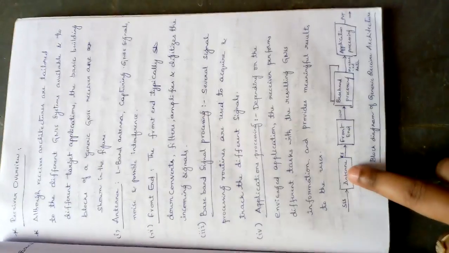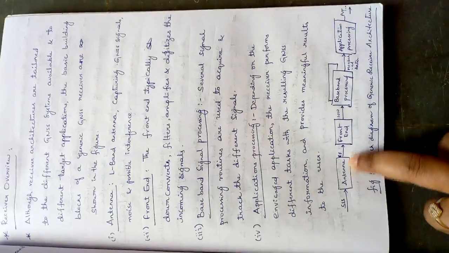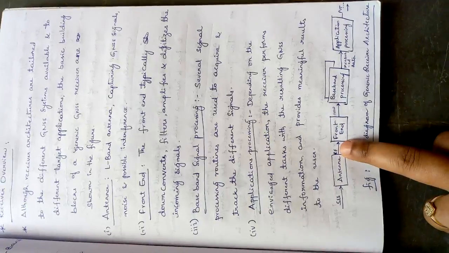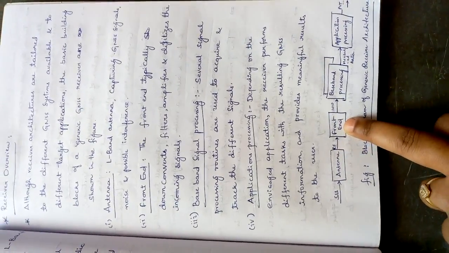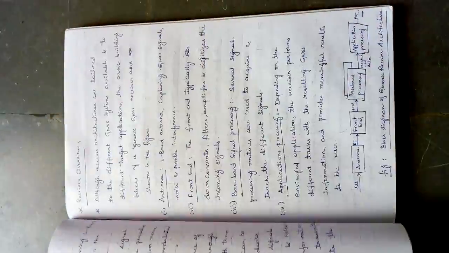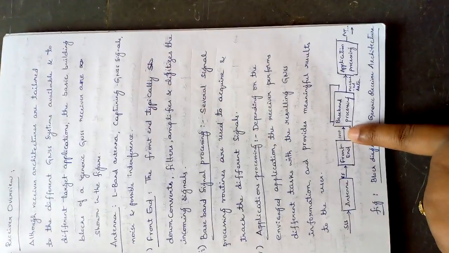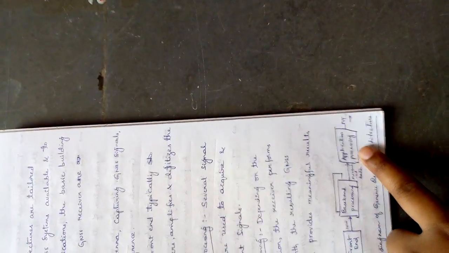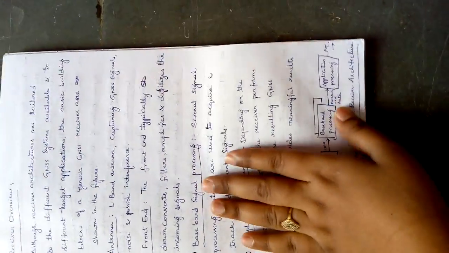These are the signals in space: RF antenna, radio frequency. Usually this will give very low frequency signals to the front end. Now the final block of this front end is the A to D converter, so the format will be digital. Next, baseband processing. This block, baseband processing, will give us the measured data. And next, application processing will give us the position, velocity, and time.